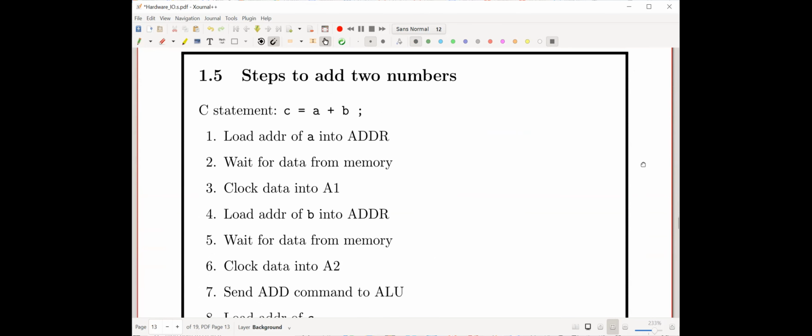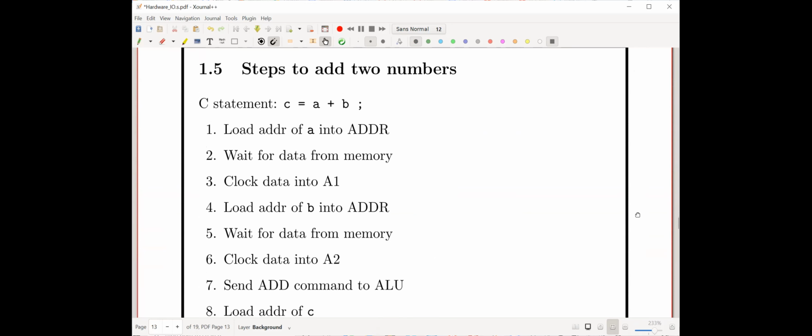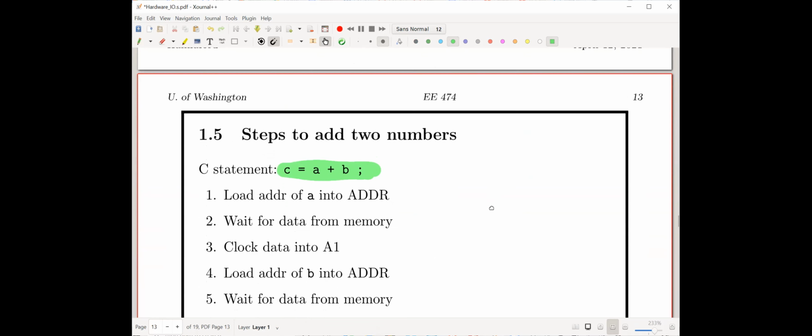Okay, I went over those. So how does that work if we were to write in our C program a fairly simple C statement like this? And forgive the non-descriptive variable names, but that's because they don't mean anything right now. So first thing that happens is